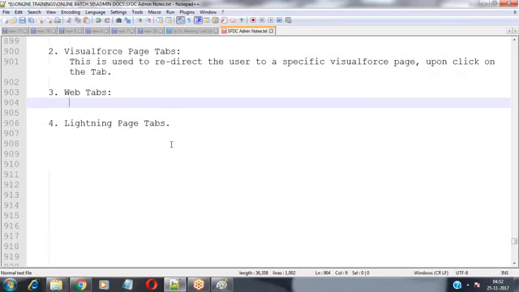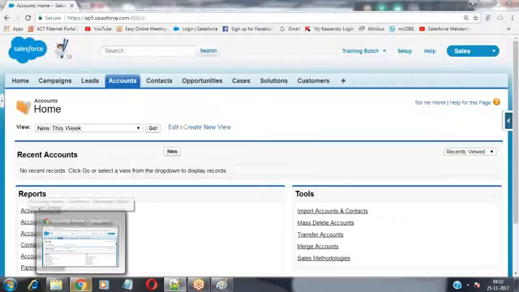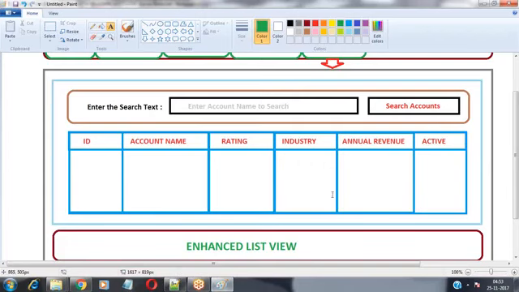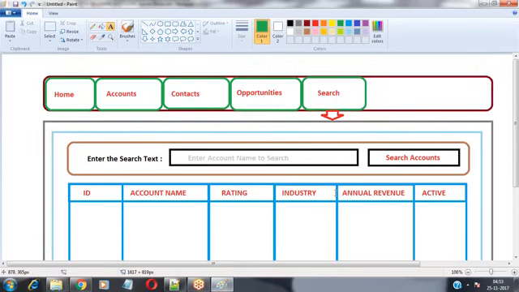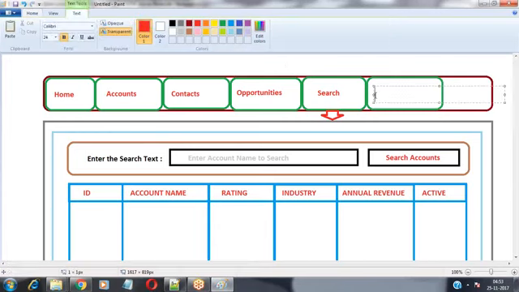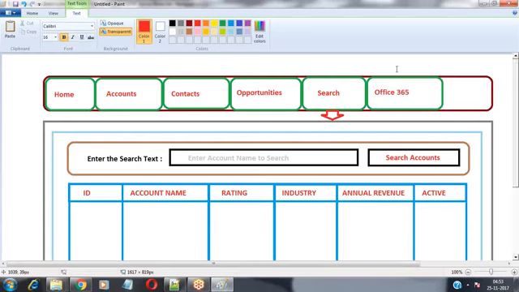So what are these web tabs? What is the use of them? Now, for example, assume that my client has some specific requirement, like on this tab bar, he wants one more tab, with a name like Office 365.